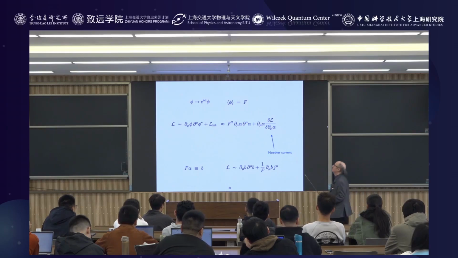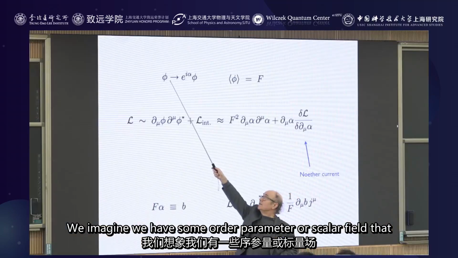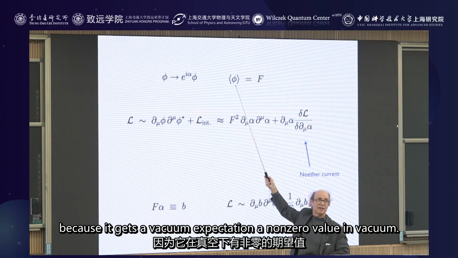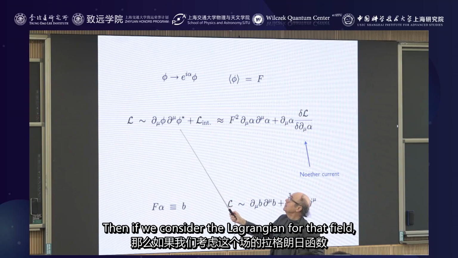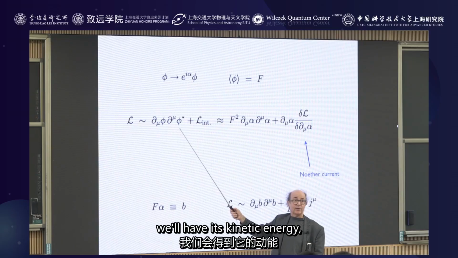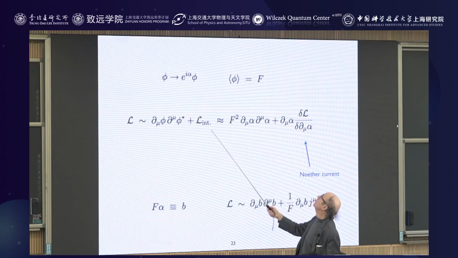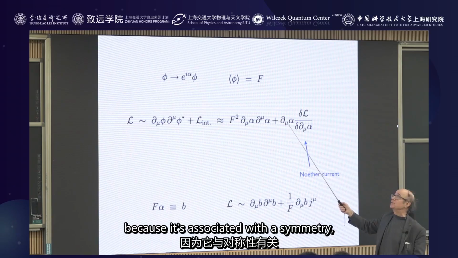All right. So we imagine we have some order parameter or scalar field that transforms under a symmetry and breaks the symmetry because it gets a non-zero value in vacuum. Then if we consider the Lagrangian for that field, we'll have its kinetic energy, but also its interactions. And its interactions, because it's associated with a symmetry,